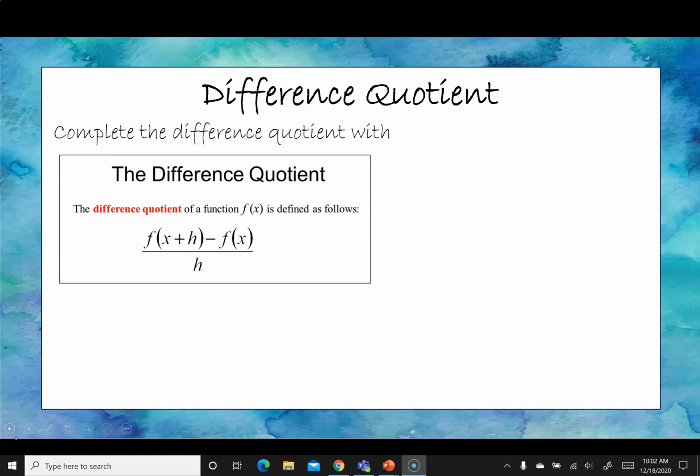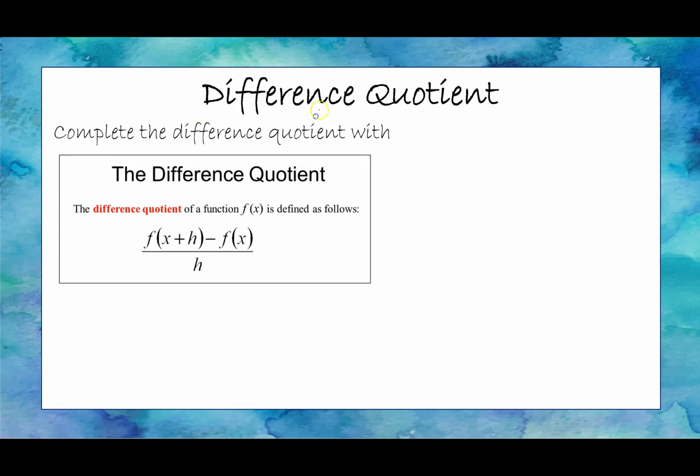This topic is called the difference quotient. And the topic title makes sense because we are talking about subtraction, which is another word for difference. Right, here's your difference. And then we're talking about a quotient, which is a fancy word for division. See, we've got division here. Now, you won't understand why we're doing this until calculus, but we do need practice with this mathematical concept before